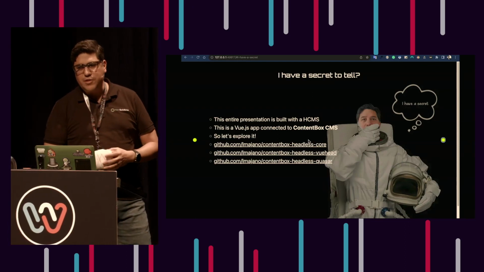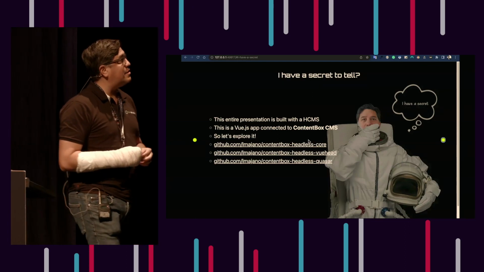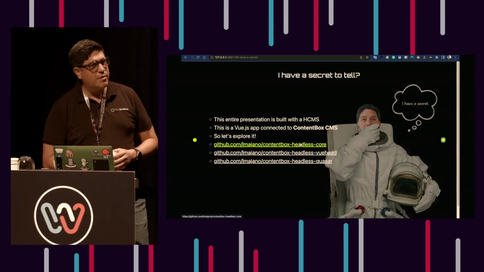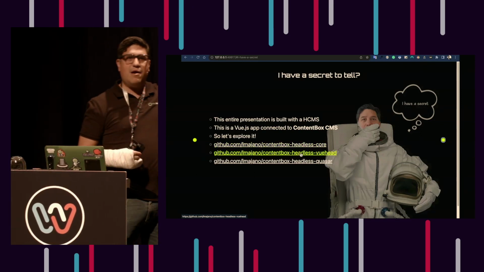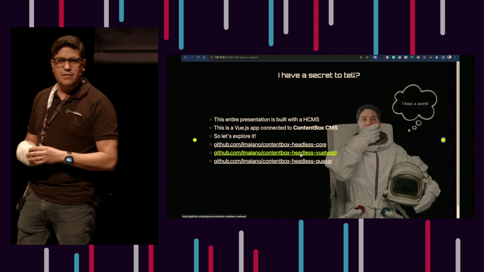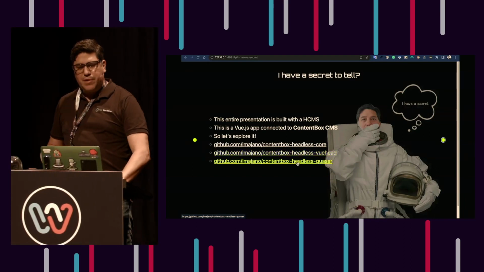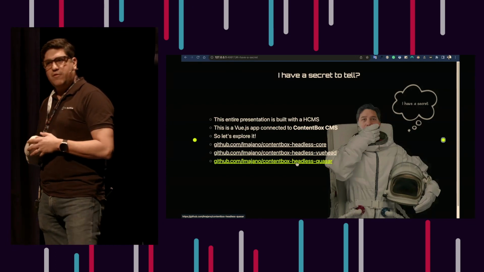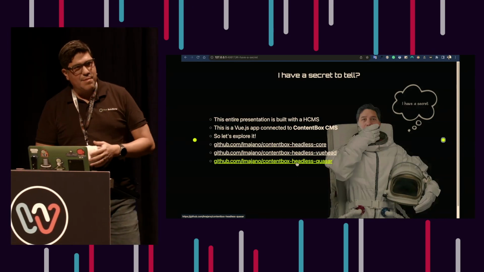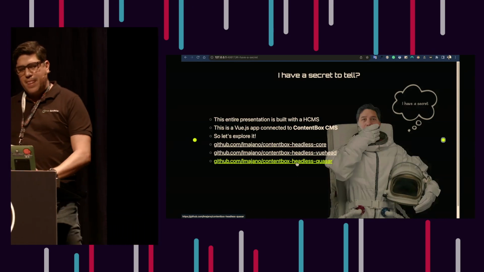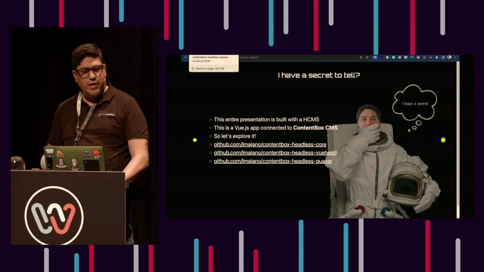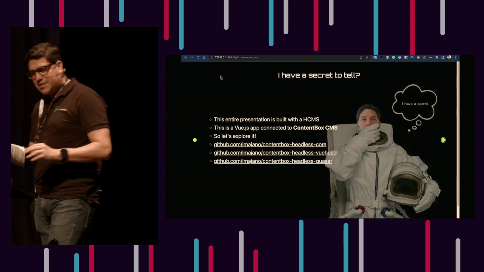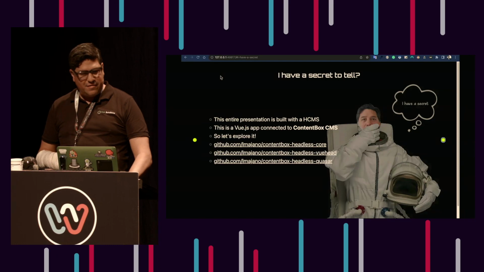So there are actually 3 repositories here. There's the headless core, which you can see at the beginning. That is our CMS that we use, and this is basically the backend, the body. Okay? This is the Vue head that you're seeing right now. All the slides, all the animations, everything is based on this little Vue application. And I've also built a Quasar application. A Quasar application is basically a multi-channel framework, so you can build progressive web apps, desktop web applications, native Android, native iOS. And I also have that native Quasar application running here that I'll show you. And they're all talking to this CMS. Okay? So this entire presentation, we'll see how I put it together in the CMS.